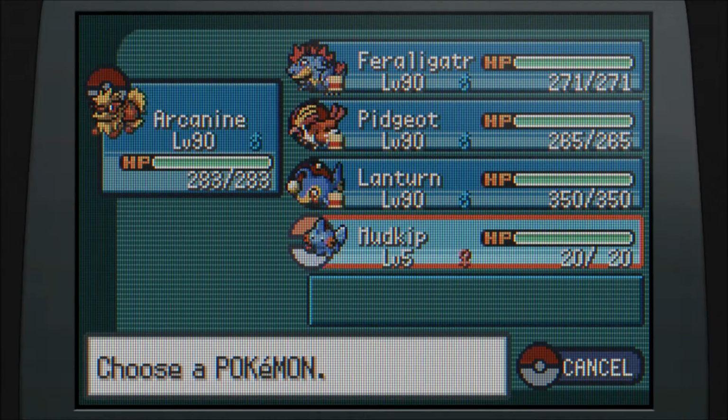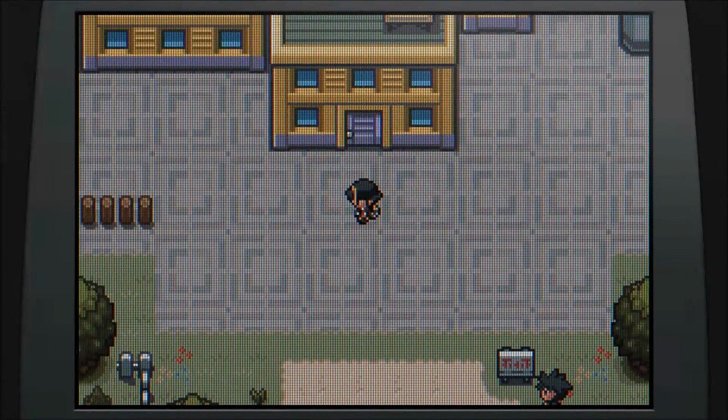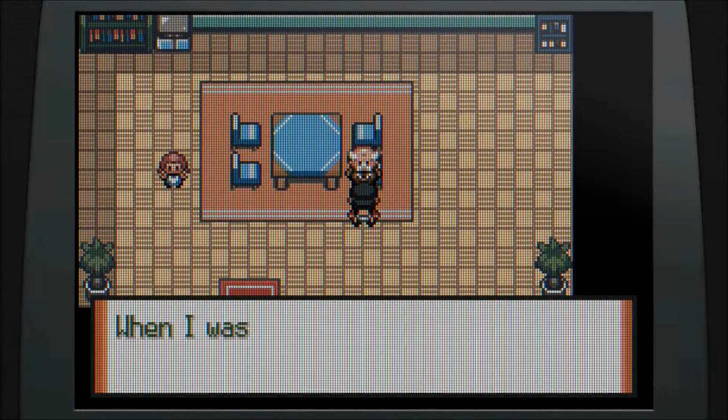Now, you're probably wondering, why did I get this Mudkip out of the PC and then leave this blank space in my team? Well, about a half hour before starting to record this video, I received a comment on episode 105 of Liquid Crystal by someone who only identifies themselves as Henry. They pointed out that if we bring a Mudkip to this house, and we talk to this guy,